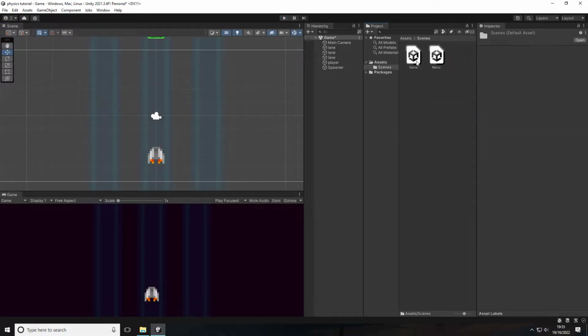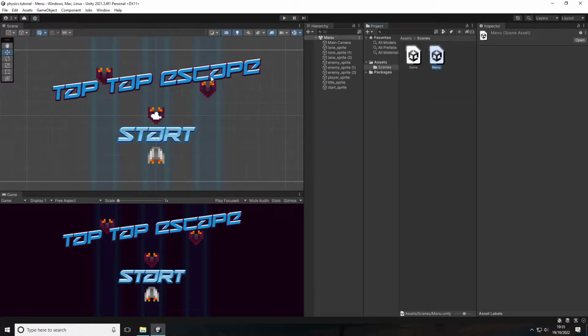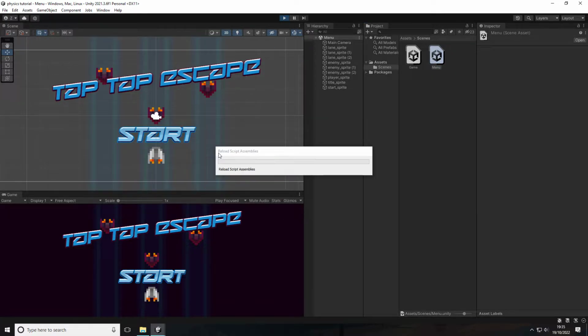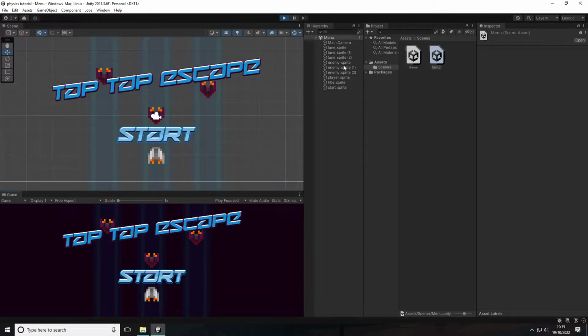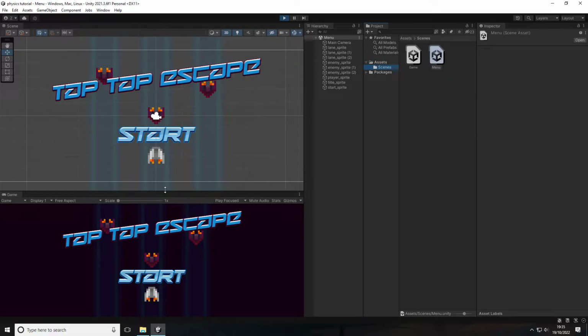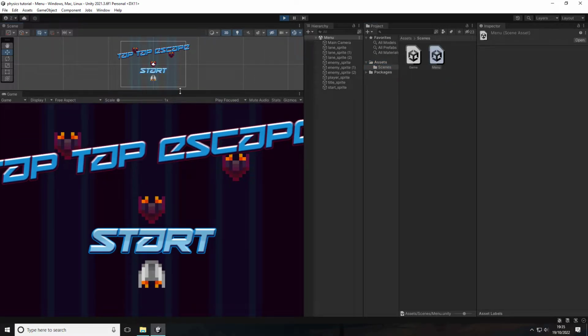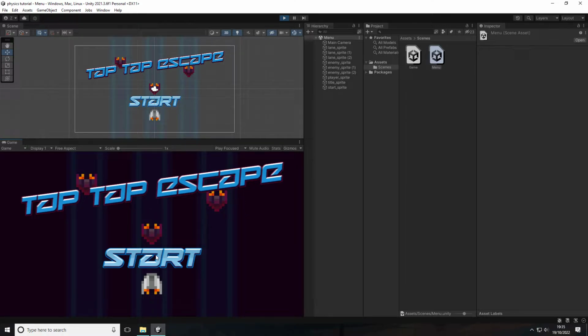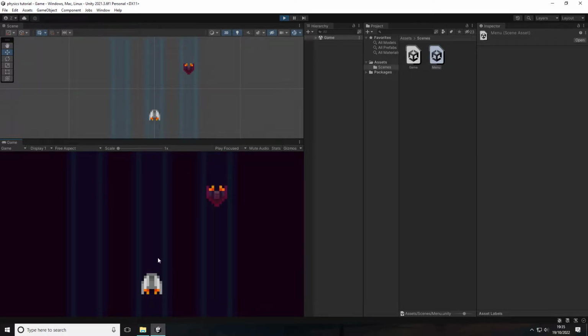Additionally, I do have a little menu, so let me just go here. So I just created something like this. Again, I just assembled it with the game assets that I had. And the way this works is we have our little game, and if I press start, I will jump into the game and I'll start playing like that. Okay, so